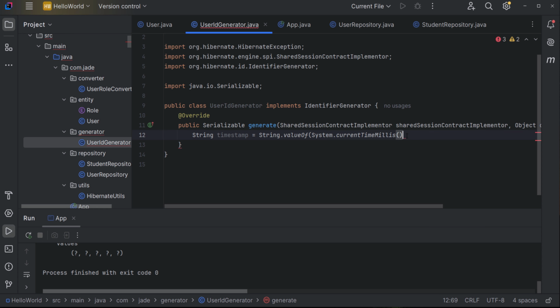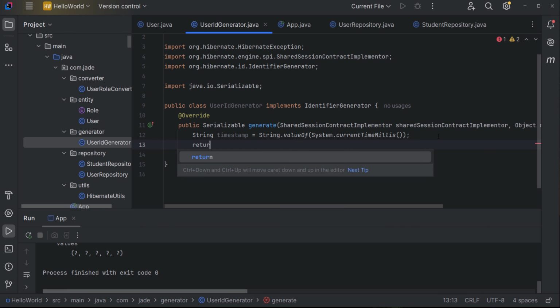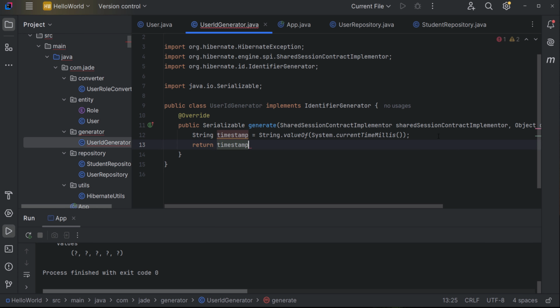We use this to convert the timestamp from a number to a string, and I will use this string for the ID. I can return the timestamp, for example, and maybe I will add